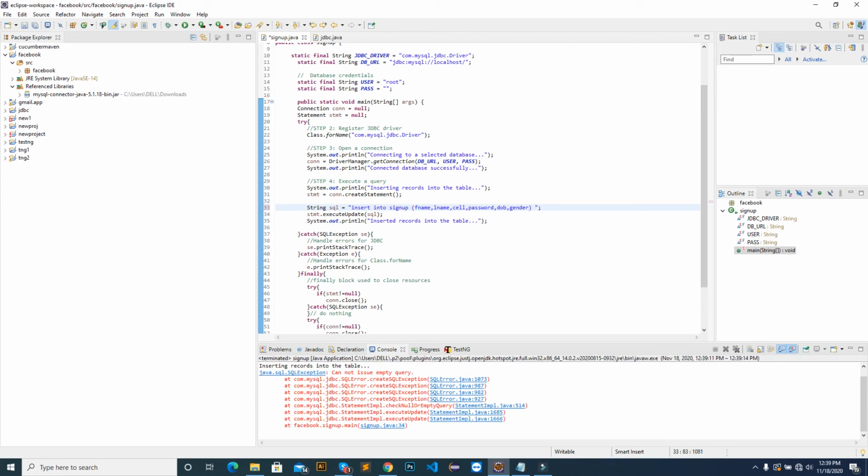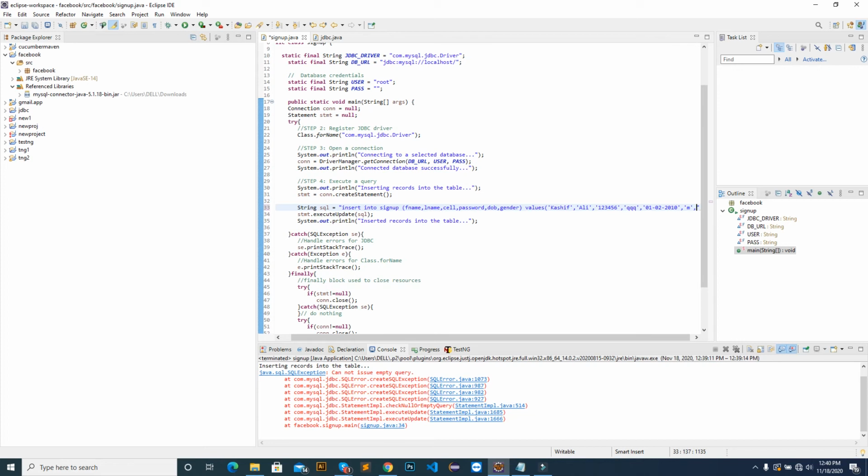And values are, for example, first name Kashif, last name Ali. The cell number is 1 2 3 4 5 6, and password is QQQ, and date of birth is 01/01/02/2010, and gender is male,